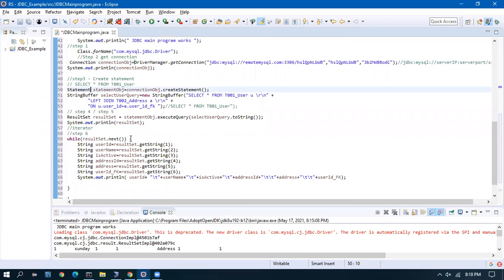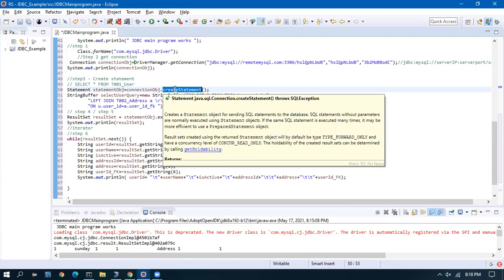Okay. Here, instead of create statement, we need to give dot prepared statement.